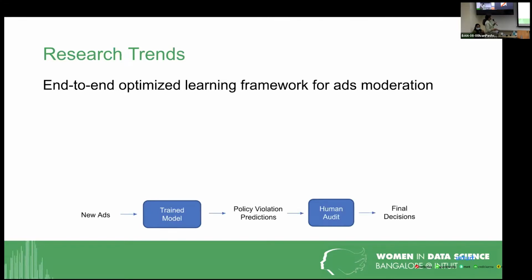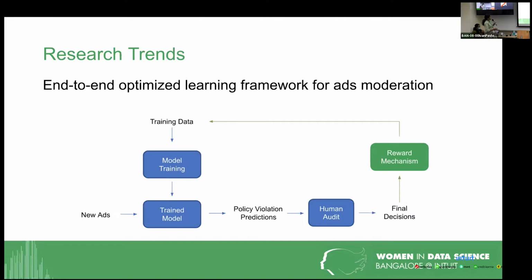You should have a continuous end-to-end optimization framework, which of course leverages techniques like reinforcement learning, continuous learning, or lifelong learning kind of concepts.